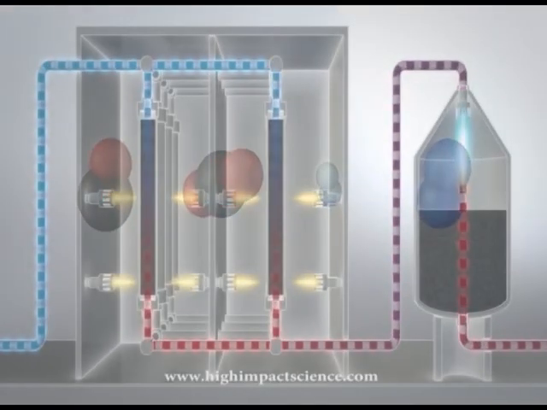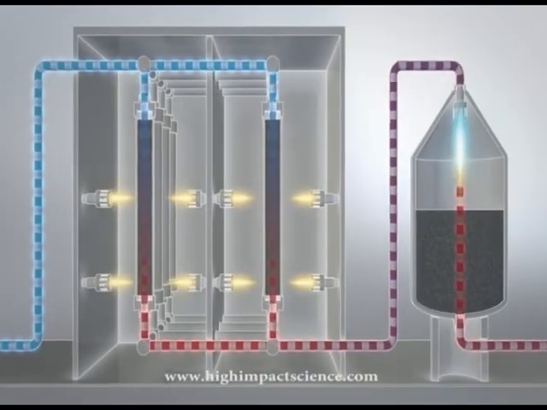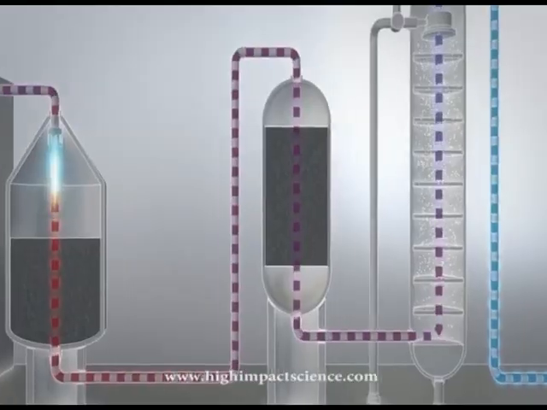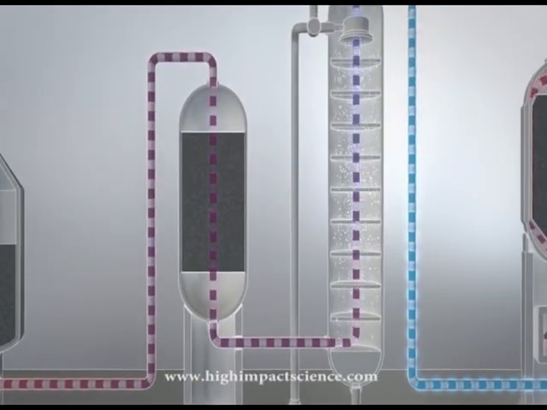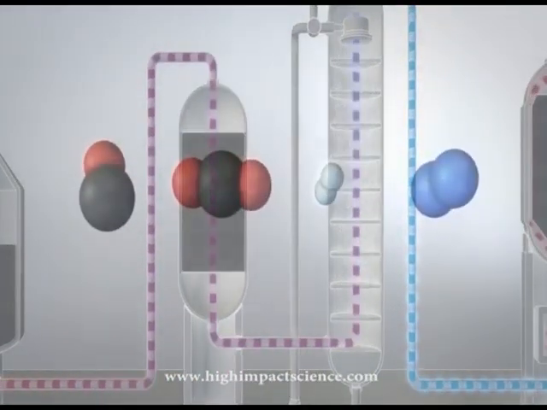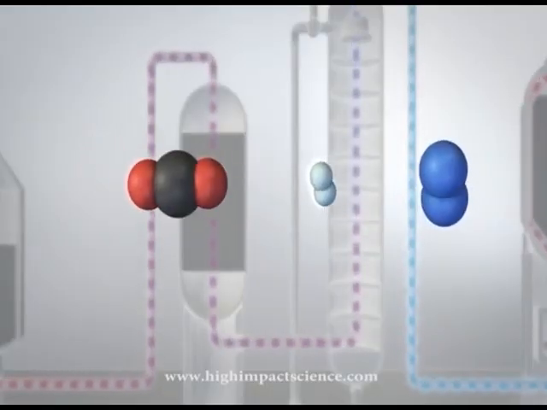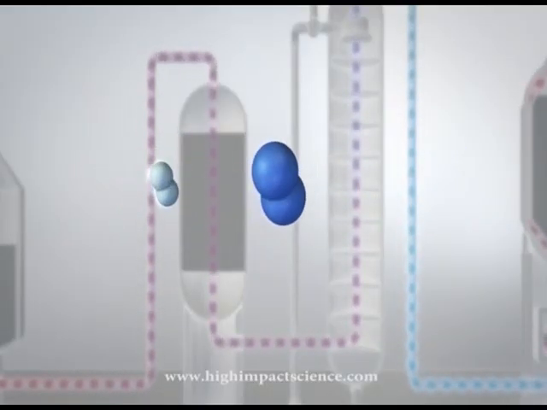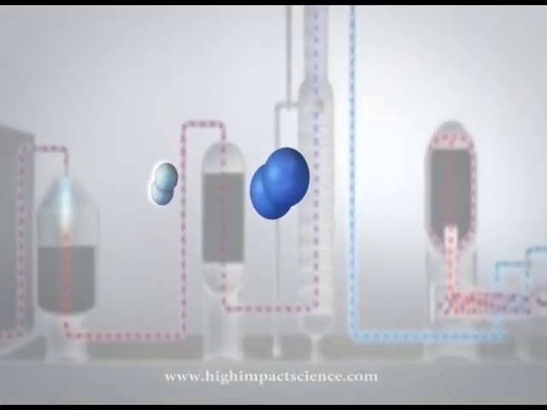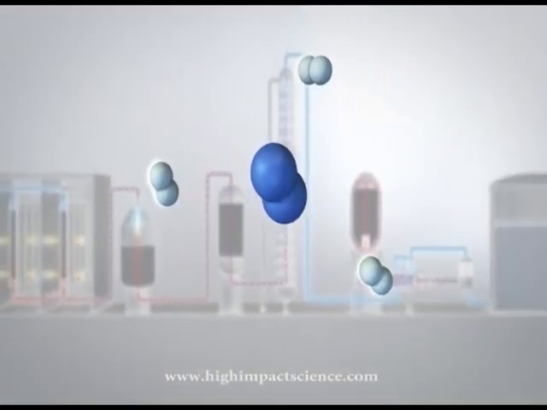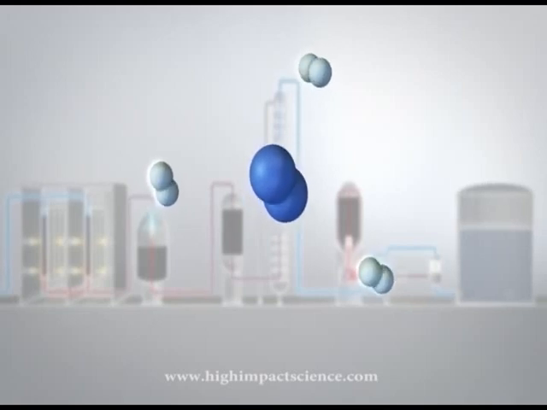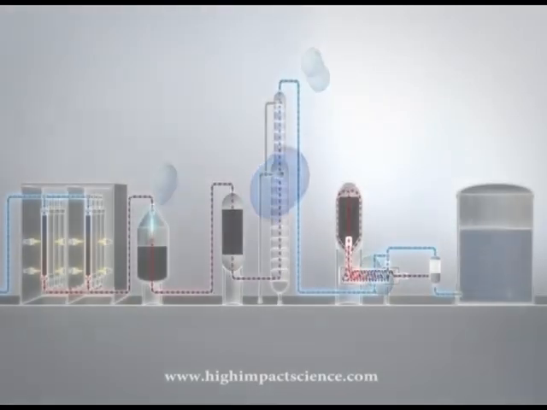Since carbon monoxide and carbon dioxide will damage the iron catalysts used in ammonia synthesis, they have to be removed. Carbon monoxide is converted to carbon dioxide in a 2-stage process using special catalysts. The carbon dioxide can then be removed by a chemical scrubbing process. What remains is the pure synthesis gas consisting of 3 parts of hydrogen and 1 part of nitrogen, which can now be transferred to the actual ammonia reactor.